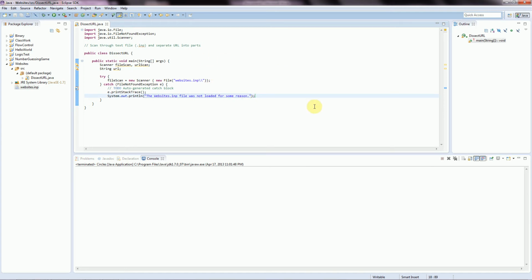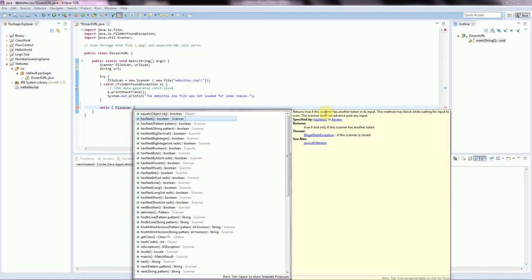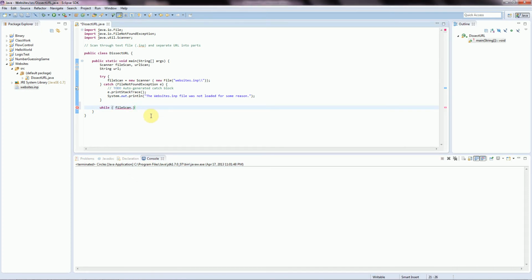So the next thing we want to do is, okay, so that worked. Now let's put a while loop, and we want to say while our file scan has next, which returns true if the scanner has another token in its input. So as long as that file still has more items to scan, this will keep looping through. And the next thing we want to do is take our URL, which is a string, and store into it the next line,